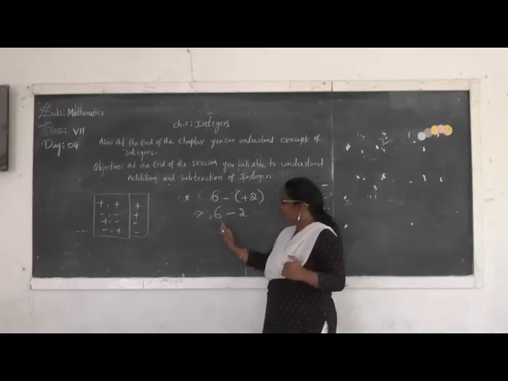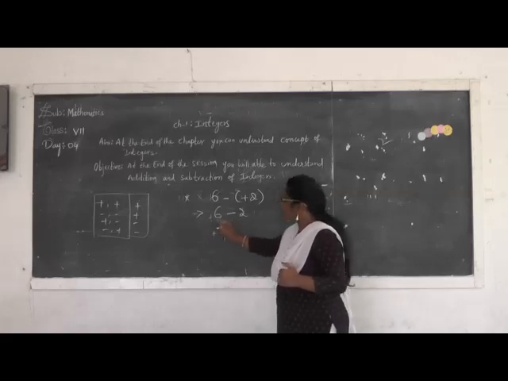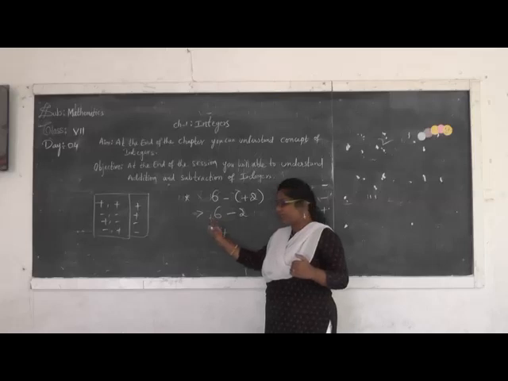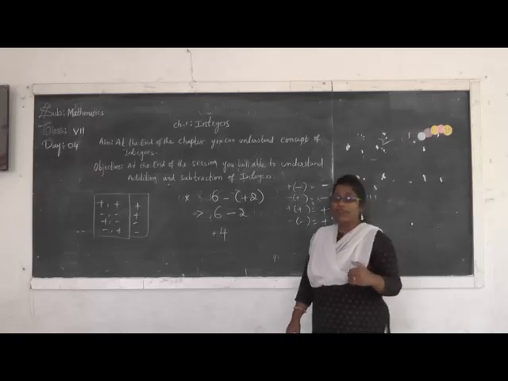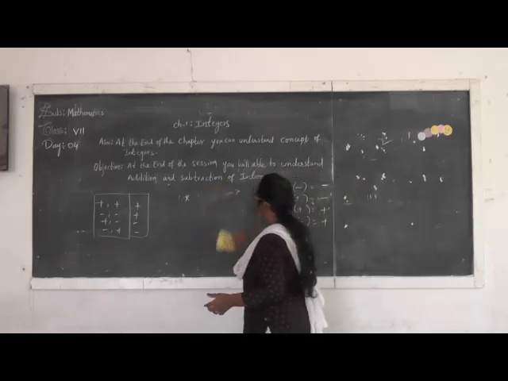Before 6, what is the symbol? Plus. Why? Because when we compare 6 and 2, 6 is greater. So before 6, the symbol is plus. If 6 is connected with the plus sign, the result is also connected with the plus symbol. Understand everyone? So let me take more than one term, or two terms.